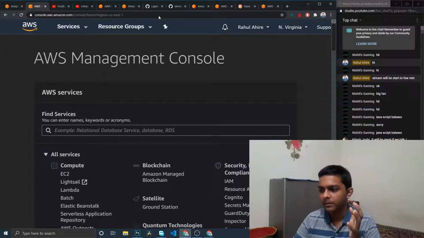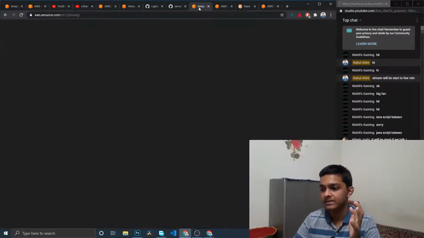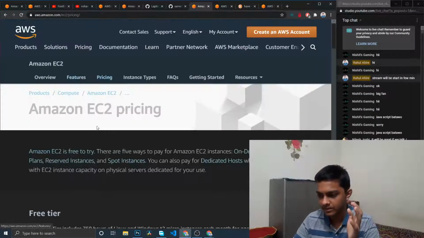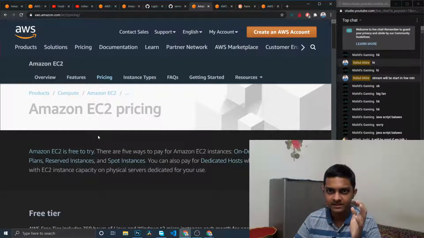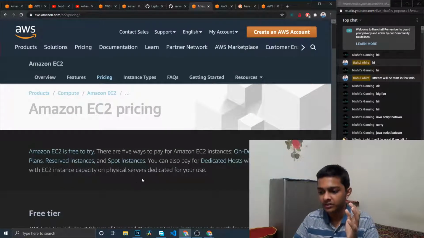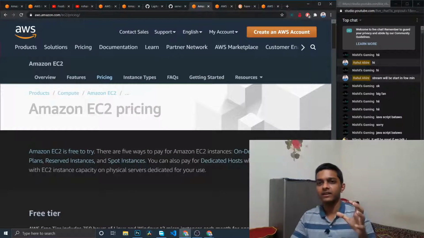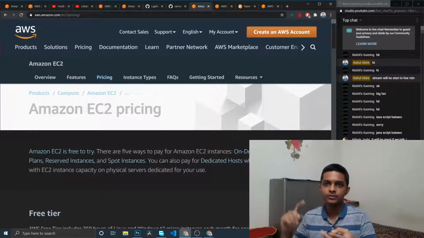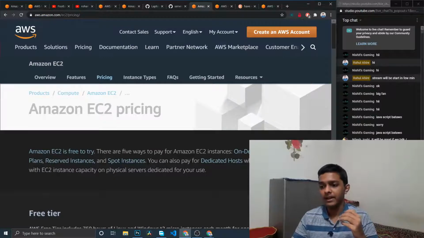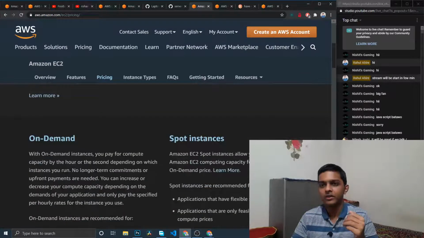I compared, and there are majorly two services. This is EC2. Let me open this page. Now EC2 is just a bare instance, where you rent a server from AWS itself. You choose a specific RAM, storage and operating system. There are various tiers like T2 micro, T2 nano, and it goes on as per your demand as well.